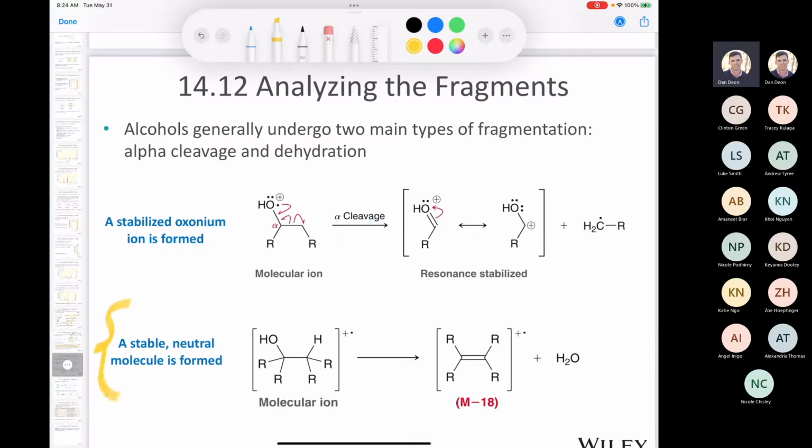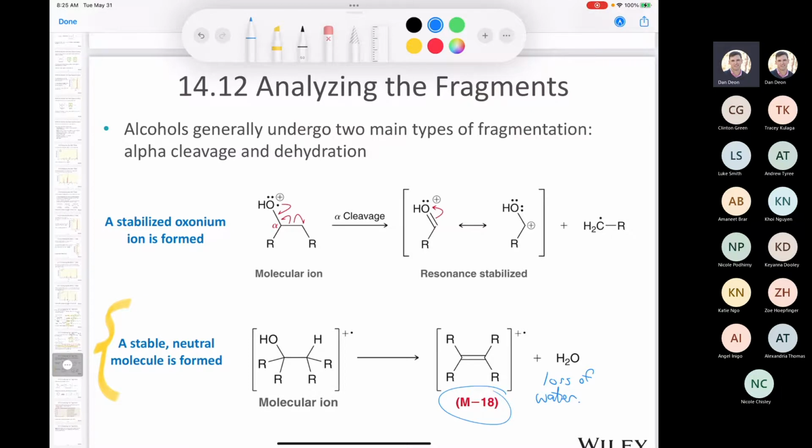Okay, if you take an alcohol, you bombard it with a high energy beam of electrons, you make the radical cation. This is your molecular ion. Well, that molecular ion will oftentimes lose 18 mass units. Now, where would I get 18 from? It comes from the loss of water. You are not expected to draw any mechanisms or predict what the alkene would look like. I'm not going to ask you to do that on your first quiz. We're learning the subject, but the bottom line is, if you have an alcohol, alcohols can oftentimes lose water. So loss of water, and water has a mass of 18, so